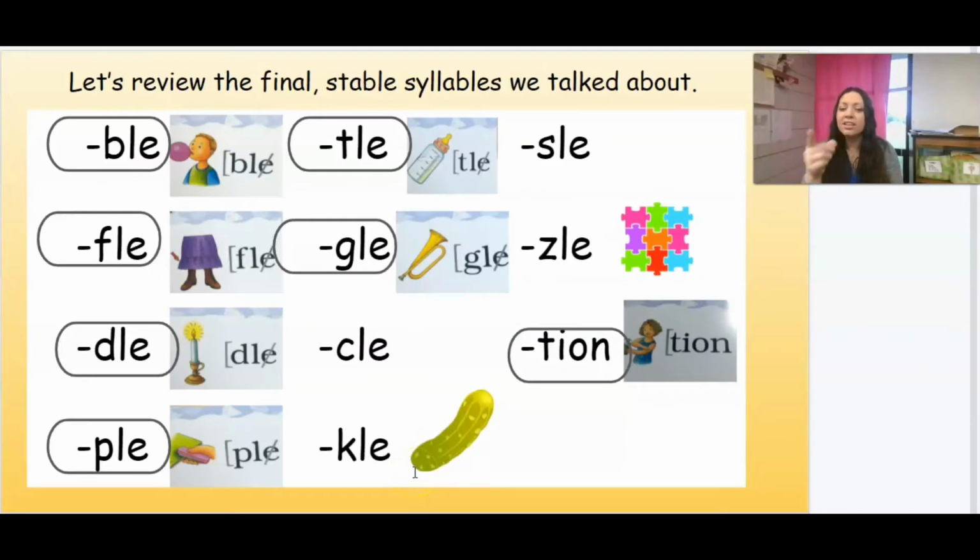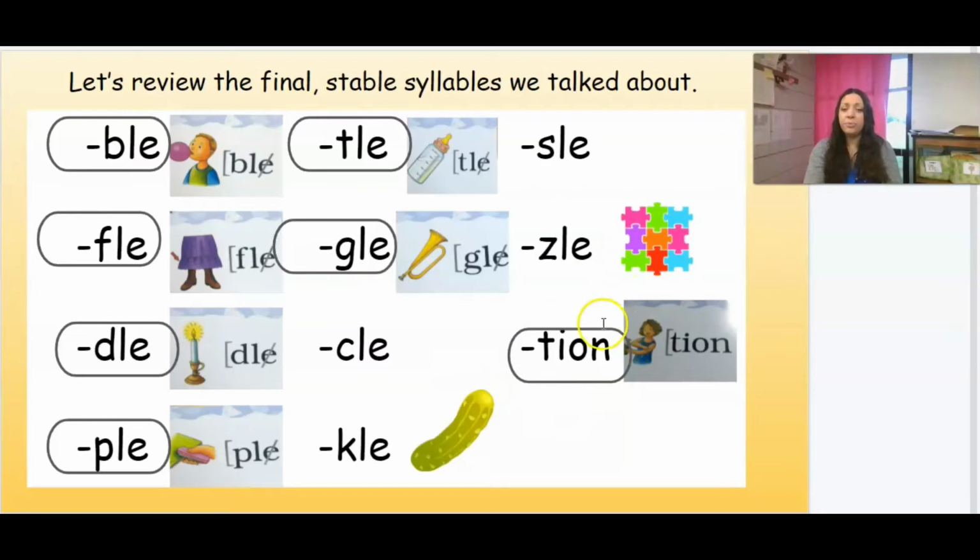Pickle, cool, final syllable K-L-E. Listen, cool, cool. So since that C and the K make the same sounds, those are the ones that are kind of tricky. And then over here I have final syllable S-L-E, which would be sull, and then final syllable Z-L-E, zull, like puzzle. And then this is the tricky one, final syllable T-I-O-N. And remember, it says shun, like lotion, okay? All right,